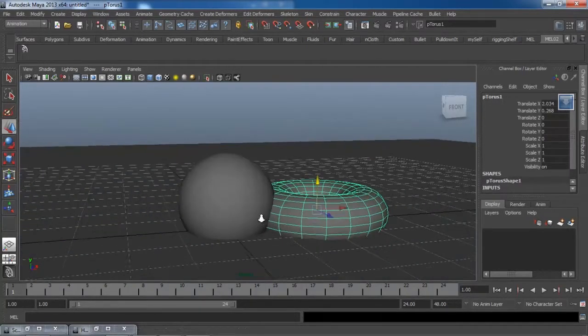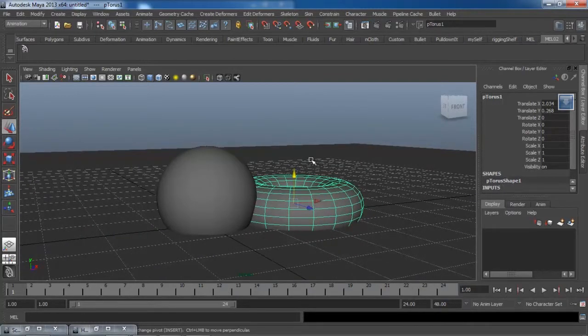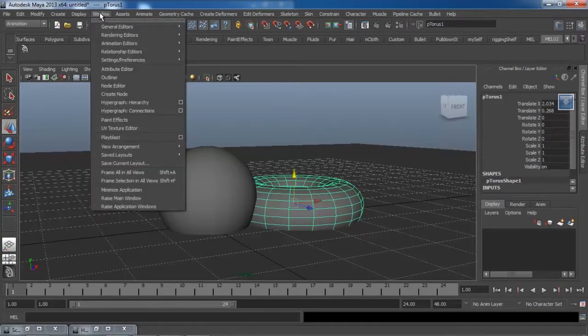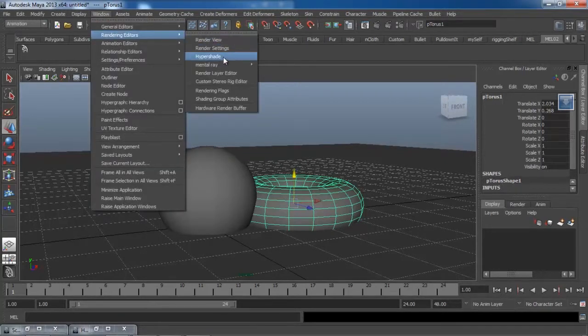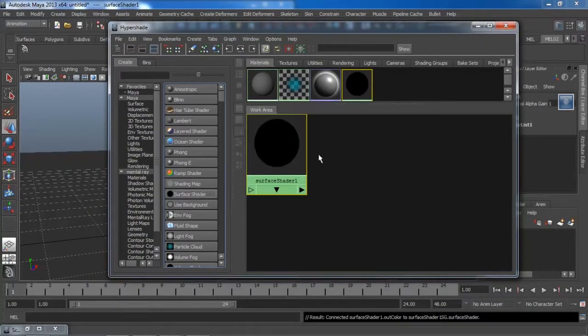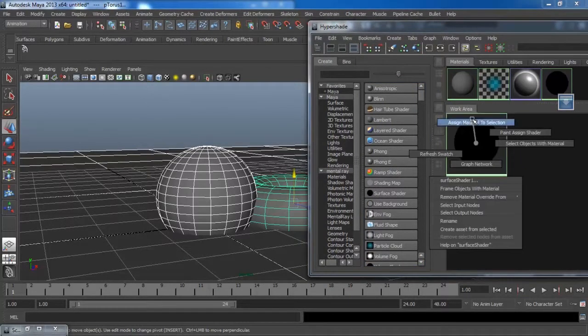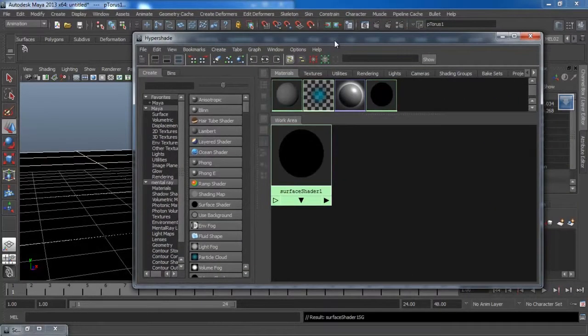Okay, so let's start. For wireframe rendering, we'll go in the window and open Hypershade. In this Hypershade, we'll take a surface shader. We'll select all the objects and apply the surface shader on them.